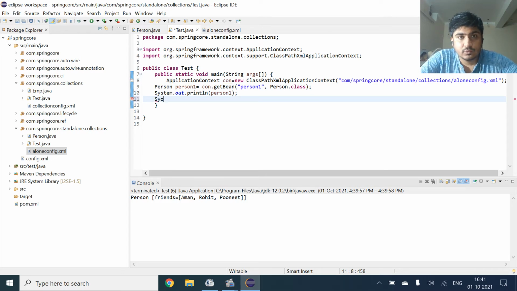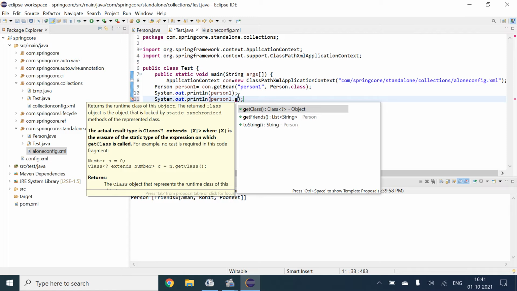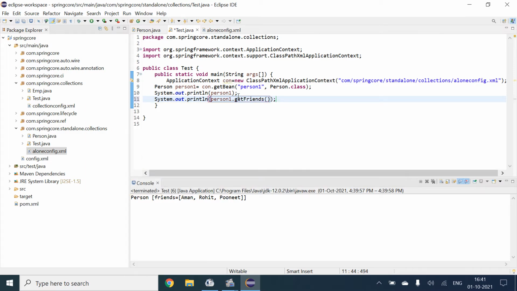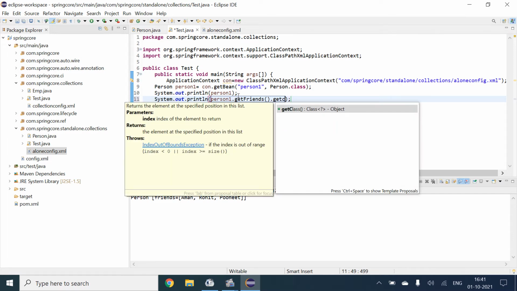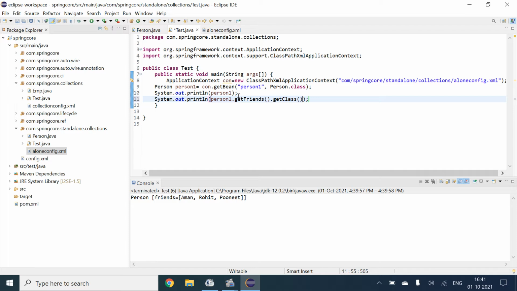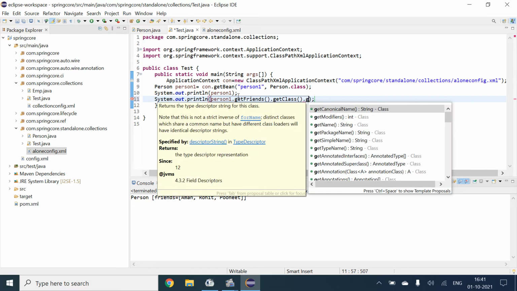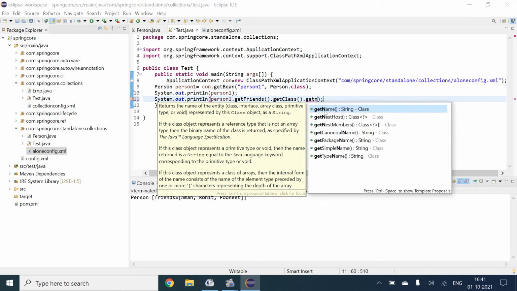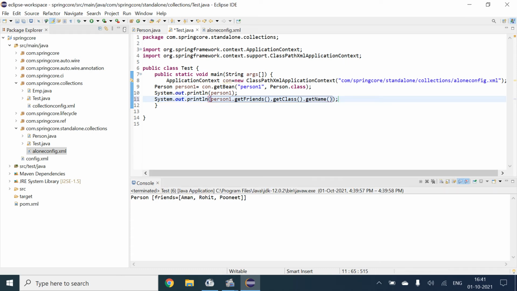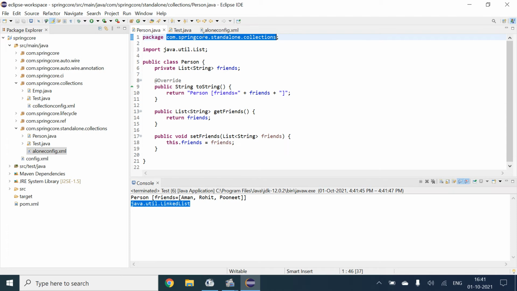Yes, so we are getting java.util.LinkedList because we have injected this only here.